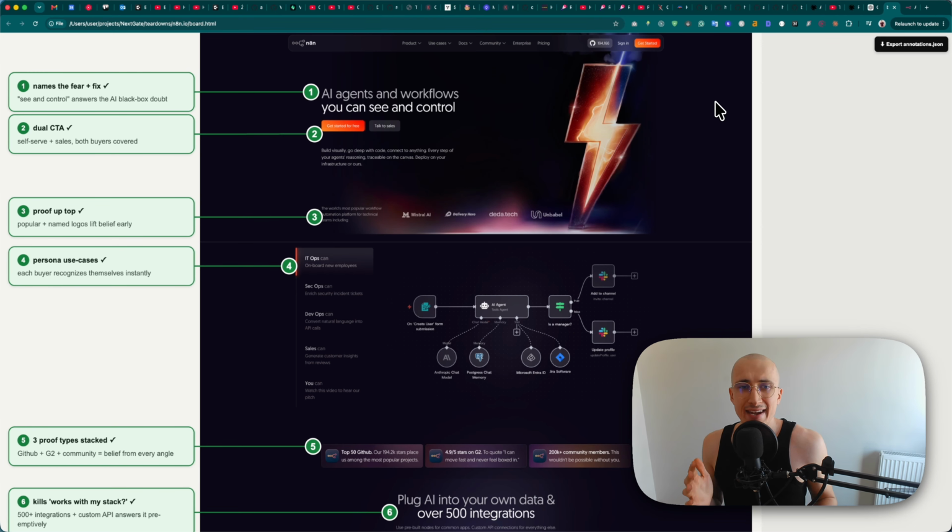N8N is about no-code workflows. It's a really cool product, and to be honest, in this tool you can probably automate everything. And if you can automate something, you probably don't know how to do it, because in N8N there are a lot of possibilities. So let's go through how they